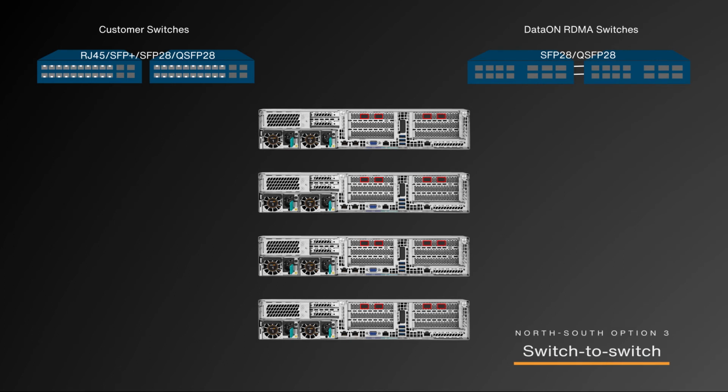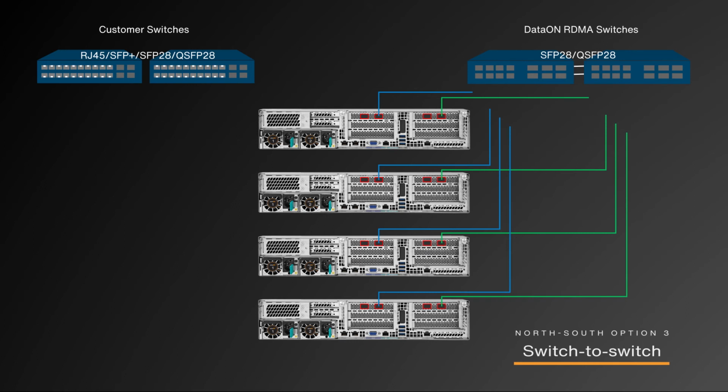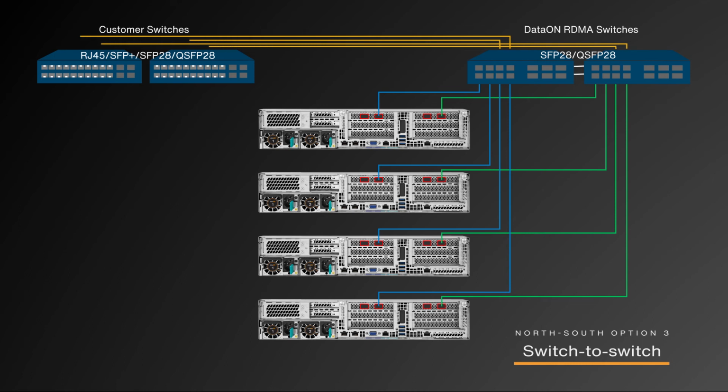Option 3. Leverage existing RDMA connections. In the two previous scenarios for north-south traffic, we utilized two physical ports from each server to your switches. The advantage is easier setup, but requires a lot of ports to configure and manage as your environment grows. An alternative to options 1 and 2 would be to leverage your existing physical east-west connections to also communicate for north-south. We can do this by creating additional virtual NICs on each physical NIC, then connect DataOn switches to your switches. This will lessen the number of ports needed on your switches even as your environment grows.